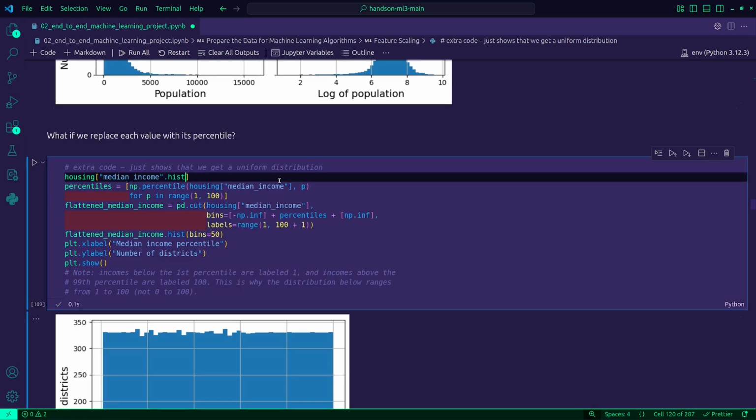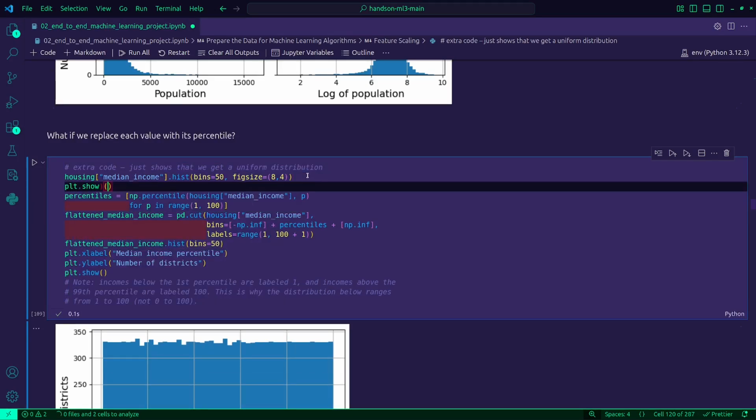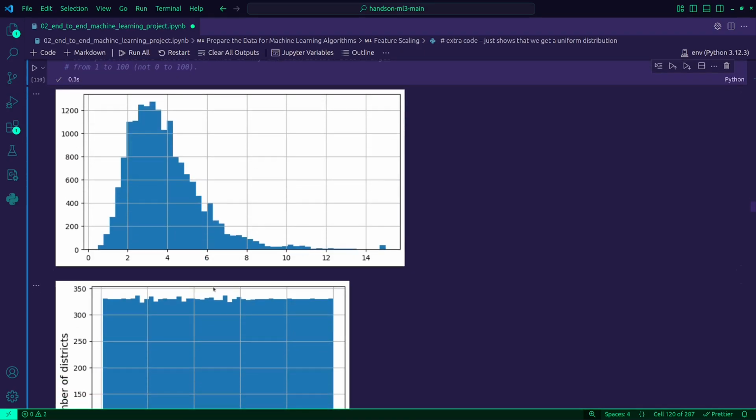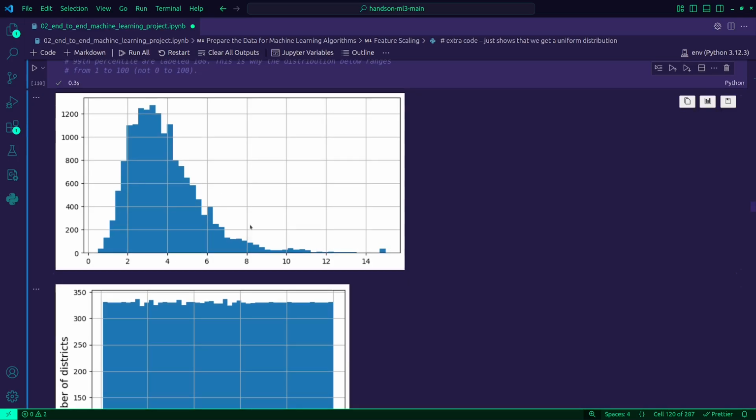I'm going to create a histogram with 50 bins, and let's create the size of 4. Let's show it. Will this work? No idea. It works. Okay. I didn't label it or anything. I just wanted to see how it looks.